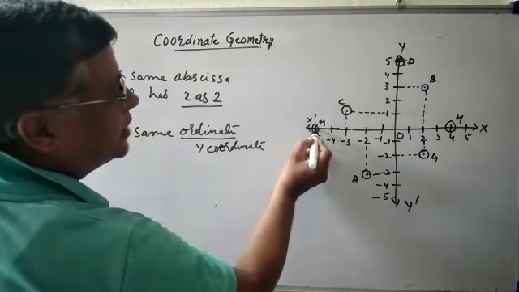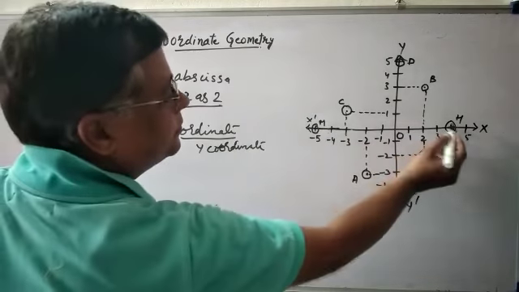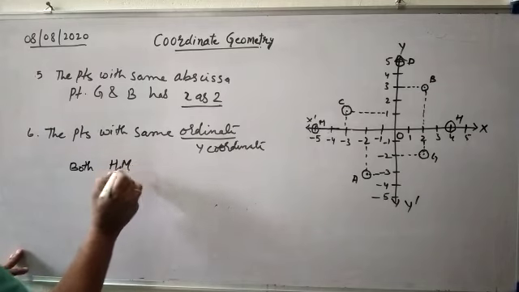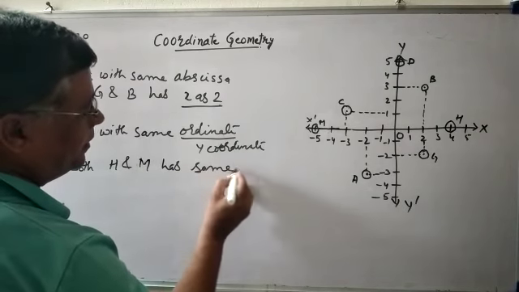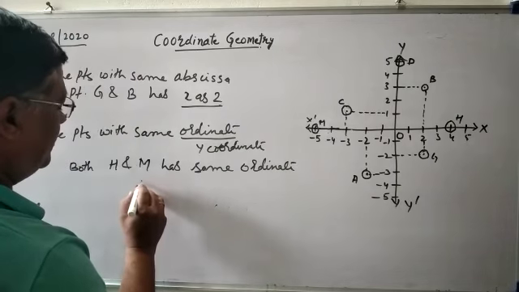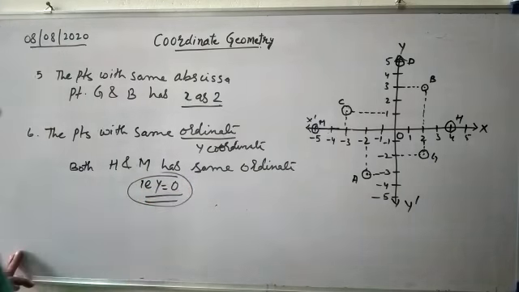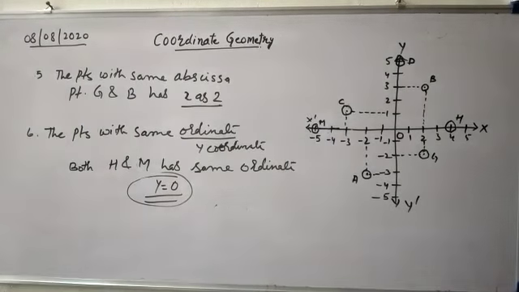Here you can see M, the perpendicular distance of y is 0. Here also, so both H and M have the same ordinate, and that is 0. So the y coordinate for these is 0. Correct. So this way we can find the different answers from the figure. Okay, we'll take more